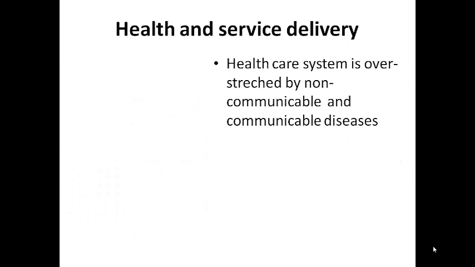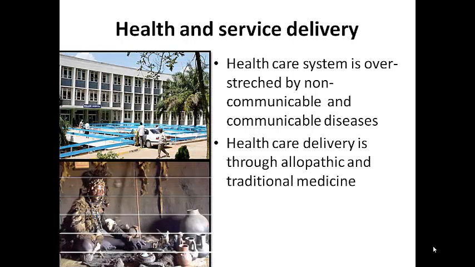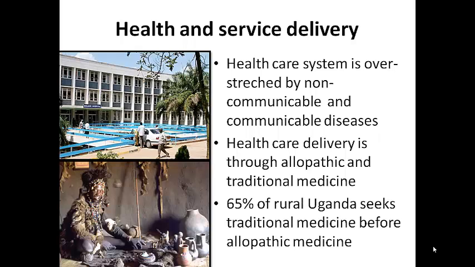The health delivery system of Uganda is unfortunately stretched beyond its current capacity by non-communicable and communicable diseases. The health delivery system is through allopathic and traditional medicine. Traditional medicine involves bone setting, herbal medicine and spiritual healers. 65% of Ugandans actually seek traditional medicine before allopathic medicine, and to understand this, you need to understand the fabric